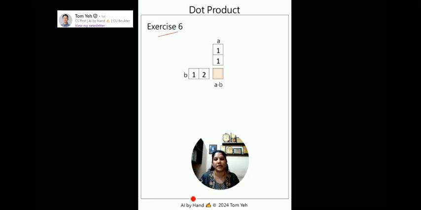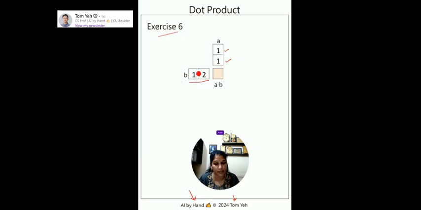Exercise 6 taken from the book AI by Hand by Professor Tom. Kindly observe, dear friends, vector A has two numbers, 1 and 1. And vector B also has two numbers, 1 and 2.